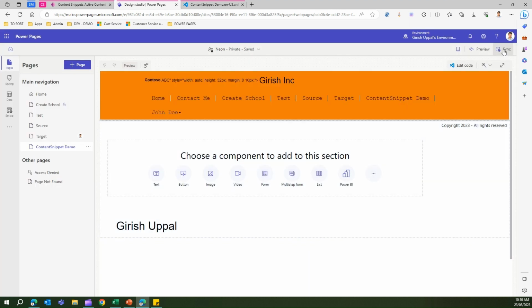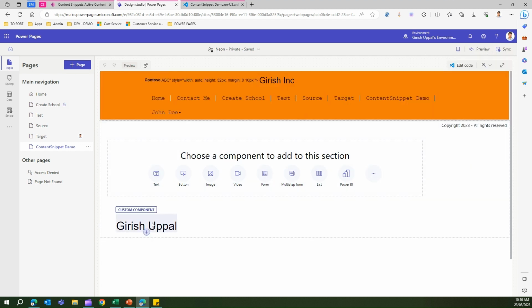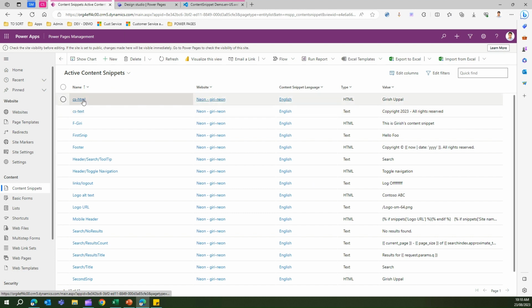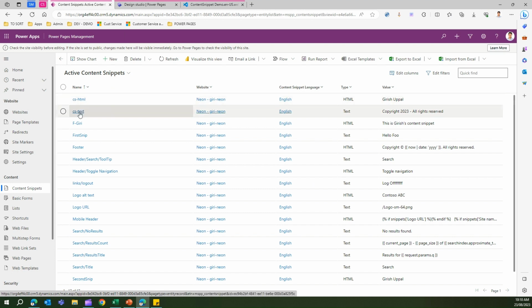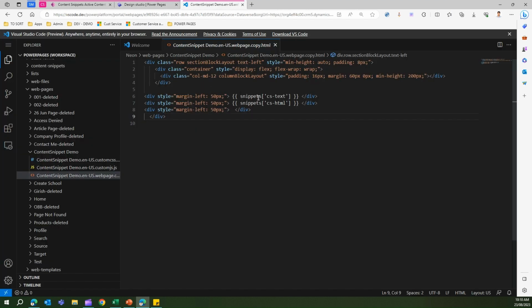Now, if you see here, it is already showing me the custom component, which is Girish Uppal. And then I can easily say that now the snippets are being rendered correctly. So cs-html, which is in h1, and cs-text. Okay. Now, where did the cs-text go? Cs-text. Okay. So